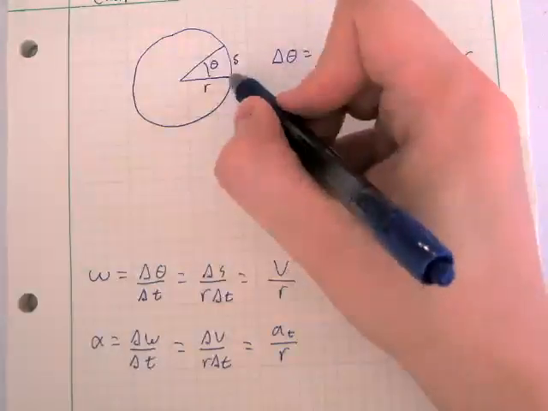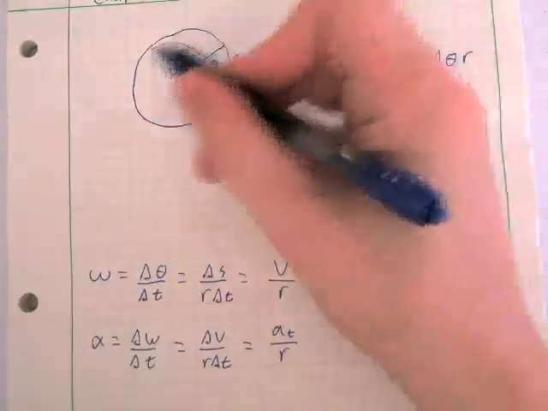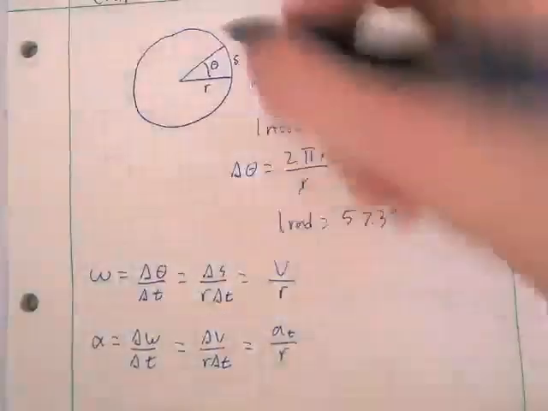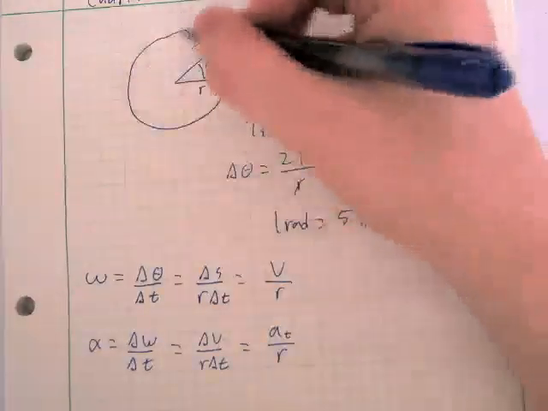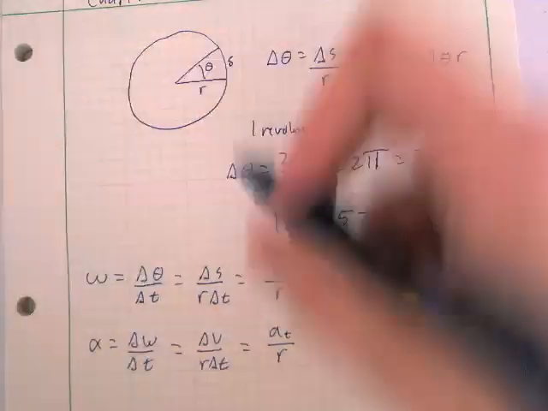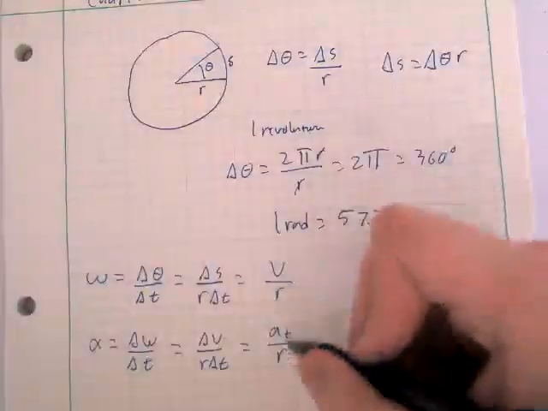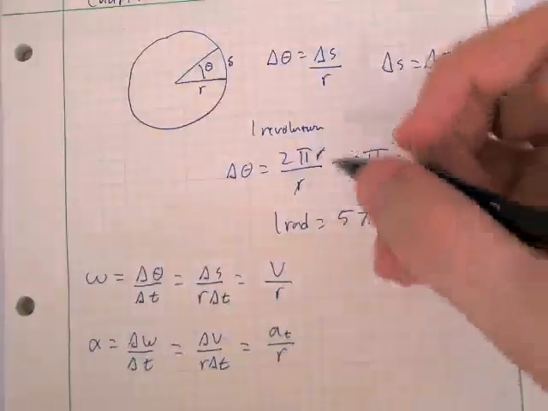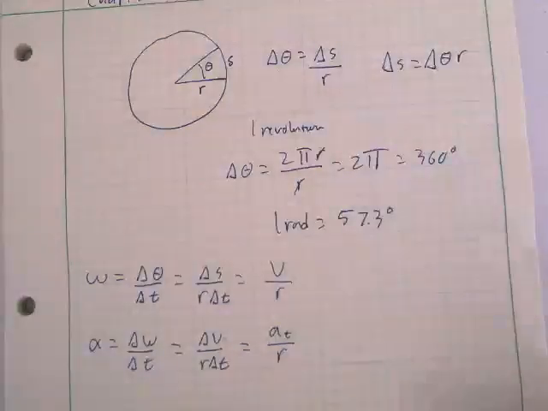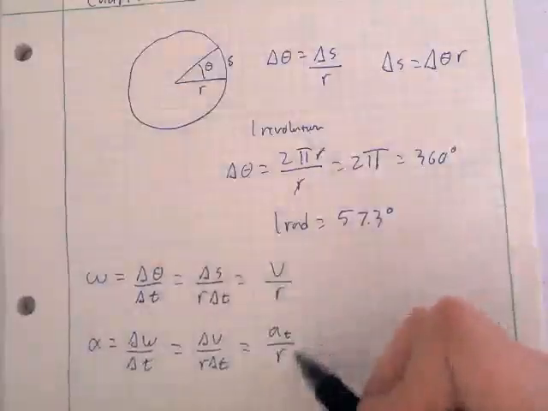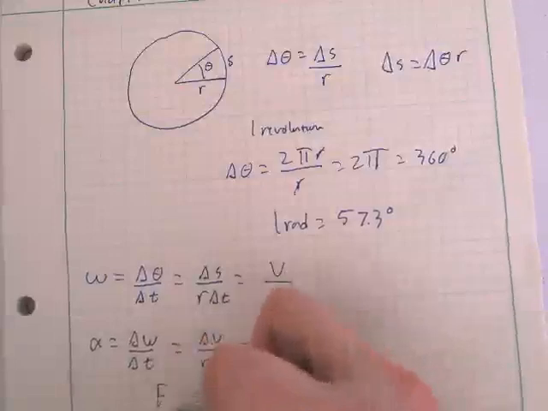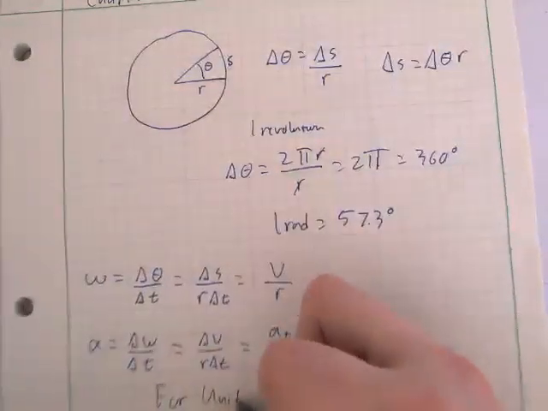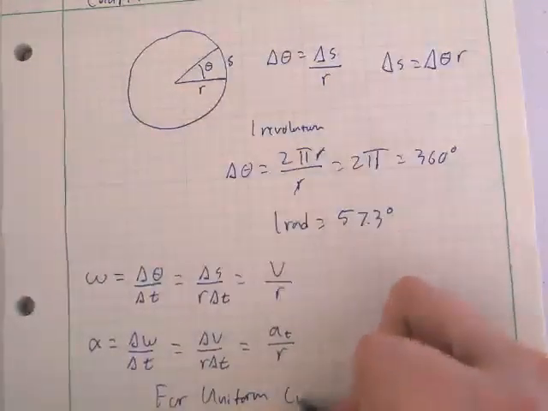The centripetal acceleration is based upon the fact that I am changing direction. When I'm going around the circle, I am constantly changing direction. That is associated with my centripetal acceleration. However, if I speed up or slow down, then that has to do with my tangential acceleration. So essentially, I can accelerate in a couple different ways. This alpha is based on tangential acceleration, but of course, as I said, for uniform circular motion,